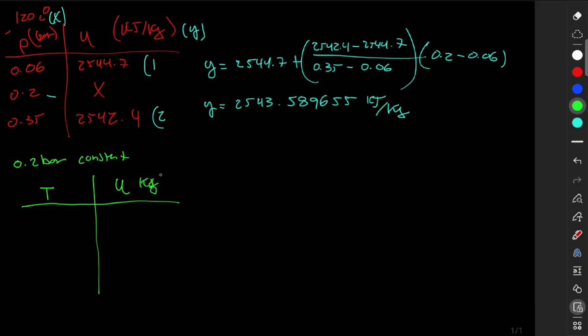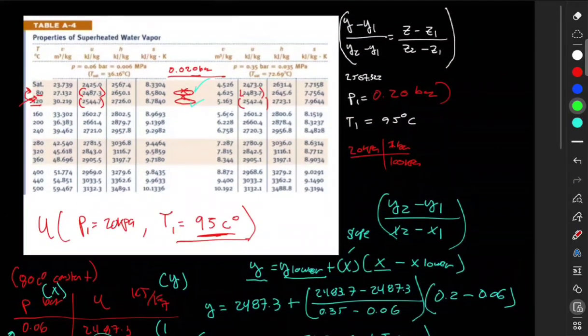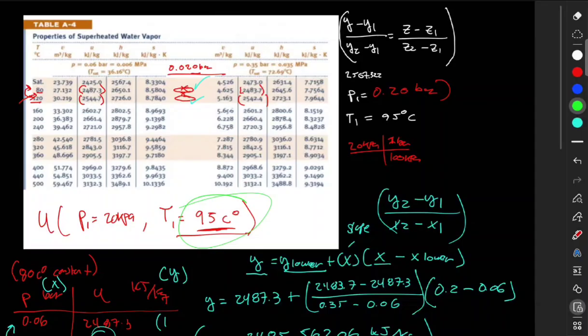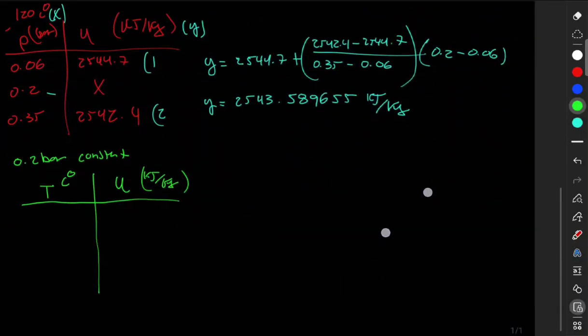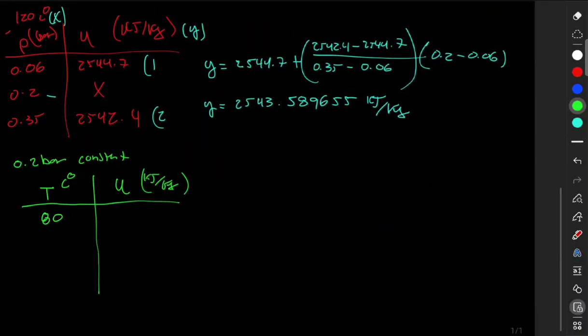This is kilojoules per kilogram. This is Celsius. So now we have this one, 95, and we have 80 and 120. So 80, 95, 120. We don't know what this is,